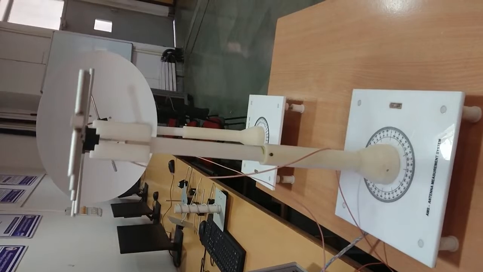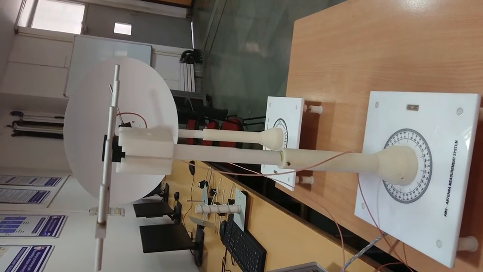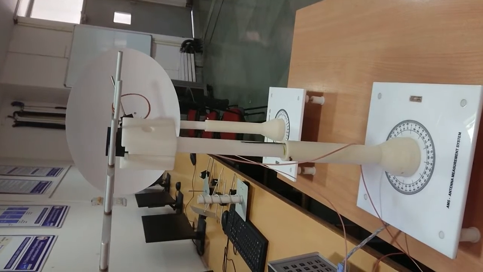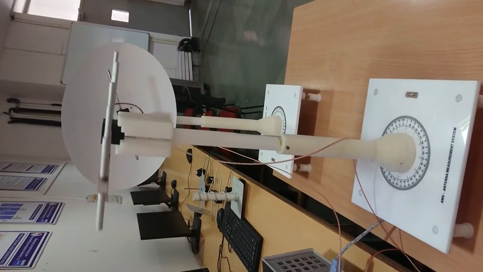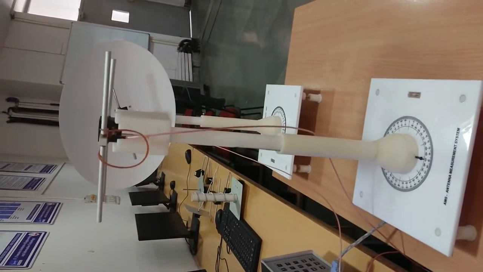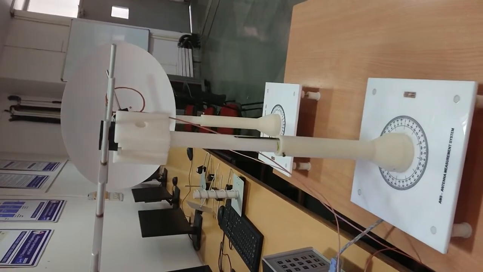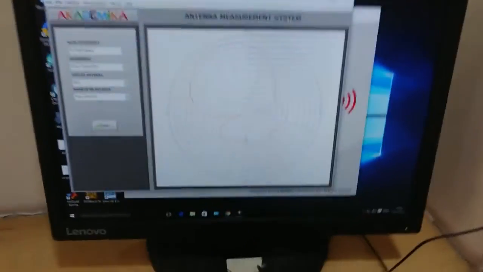When it completes 360 degree, then this rotation stops and it again moves in anti-clockwise direction. See, it starts moving now in anti-clockwise direction. And here we get this cross polarization pattern.